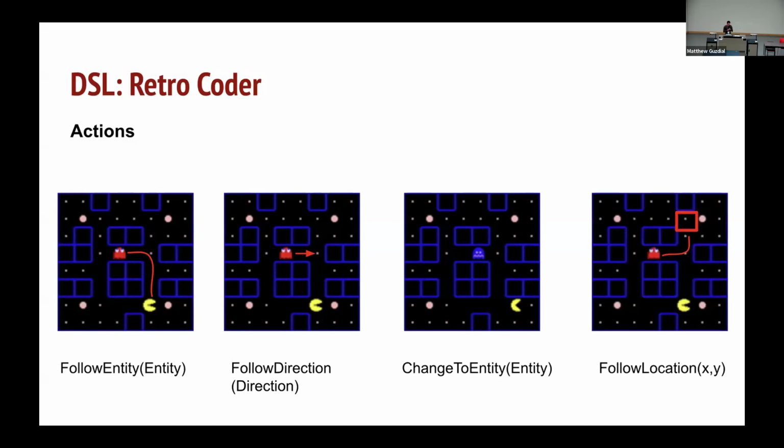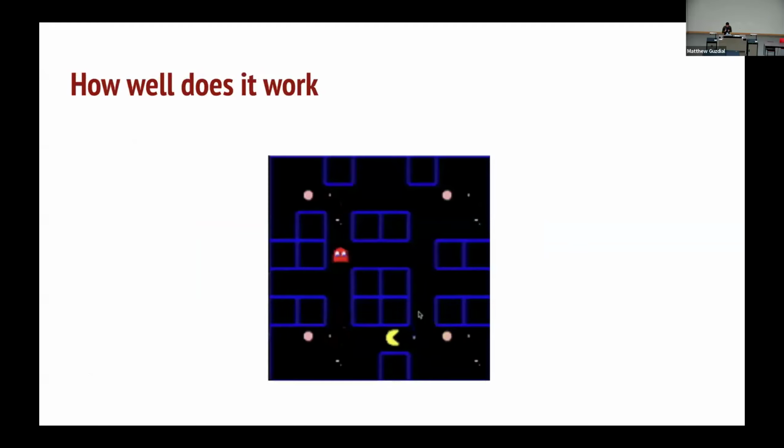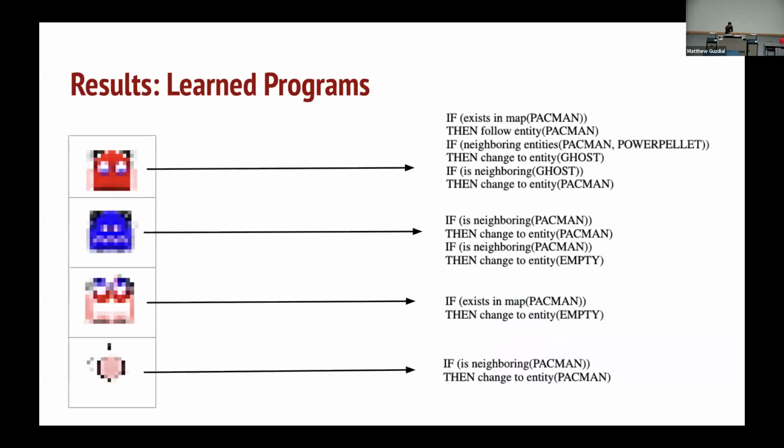So what we did was using all these functions, we performed a search that matched the next frame for each of the frames. And what were the results? Here is what we were able to produce, right? So we are controlling Pac-Man here, and we could see that Blinky did learn to follow Pac-Man. And as soon as Pac-Man collided with a pellet, Blinky transformed into a ghost. If we dive into the actual code,